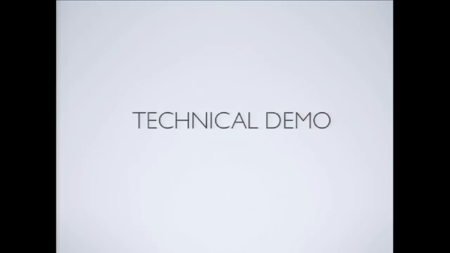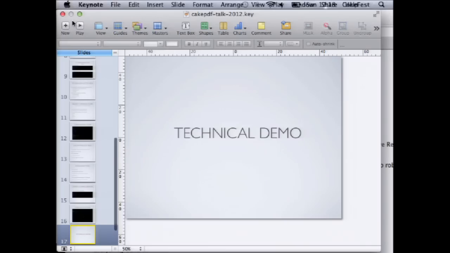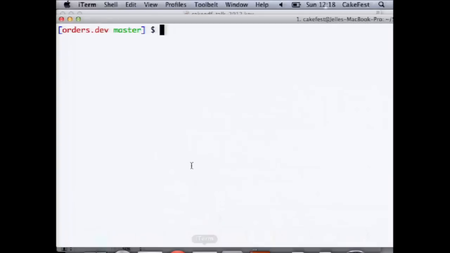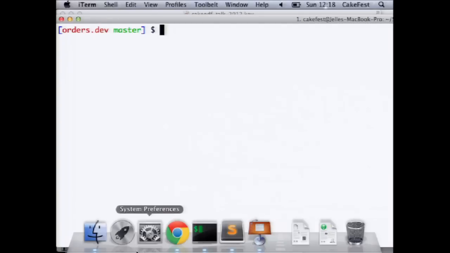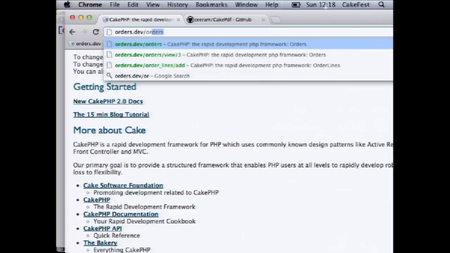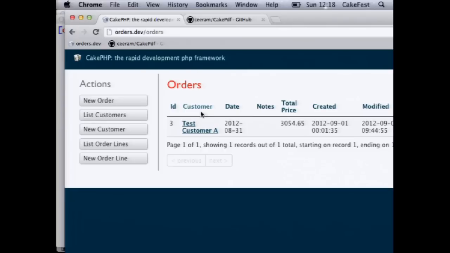So now I'll show you a demo on how to actually implement PDF generation in a very simple application, how to actually print a PDF document. So I'll first show you quickly what the application does. So we have orders, and then every order,